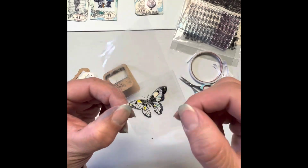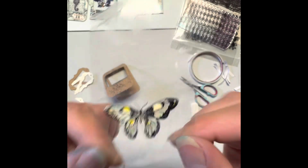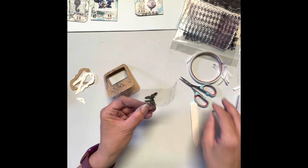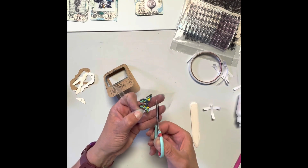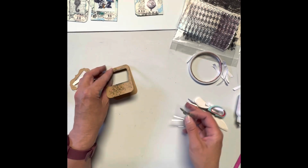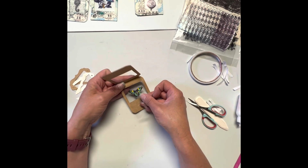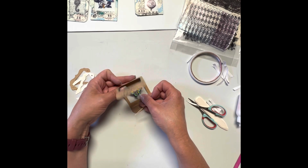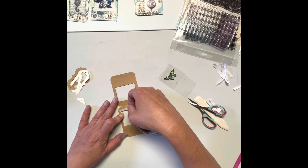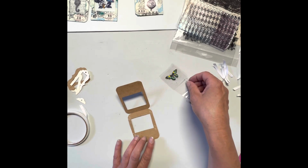And then on this side, you get the stamped image. So then I would trim this down. Grab my little slide thing, make sure I cut my hole just right. Grab your double-sided tape. Take your image,